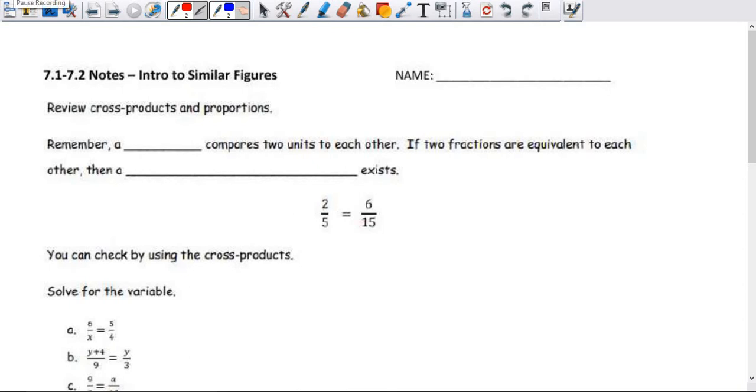All right, let's start chapter 7 with 7.1 and 7.2, which is an intro to similar figures. So to review, we need to go over proportions since we'll be using those a lot with similar figures. Remember that a ratio